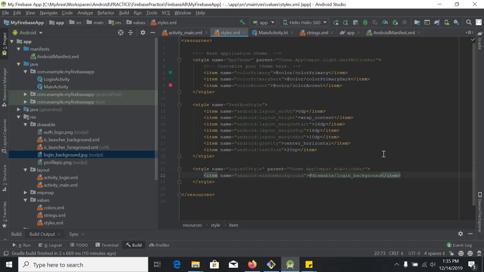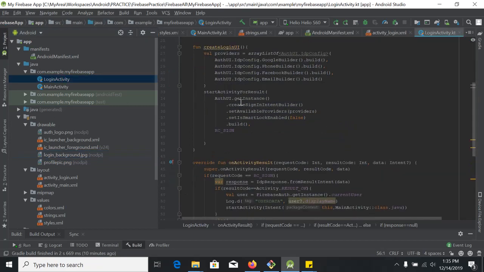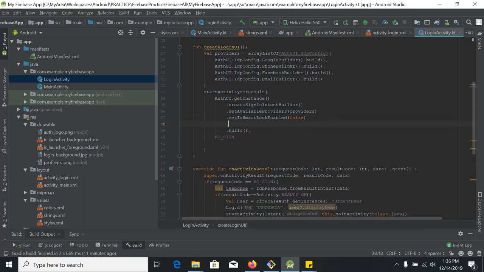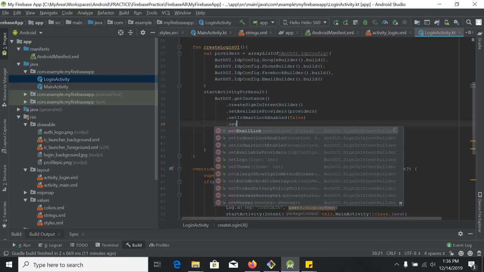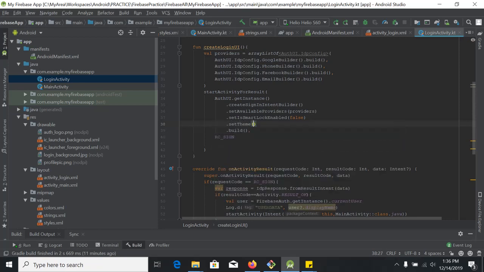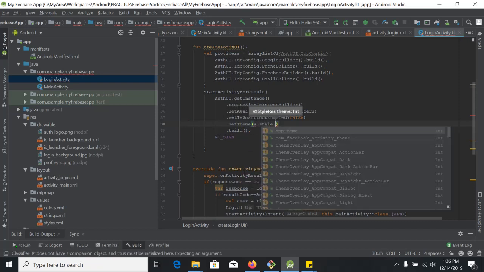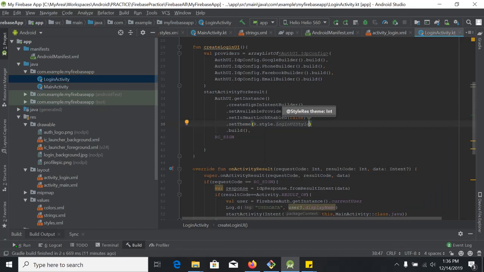So okay, we will go back to our login activity, and inside the start activity for result we will add the style. So we will set theme, dot set theme, and it will be R.style. That style we have just created, R.style, we'll name it maybe login UI style, and we will also add